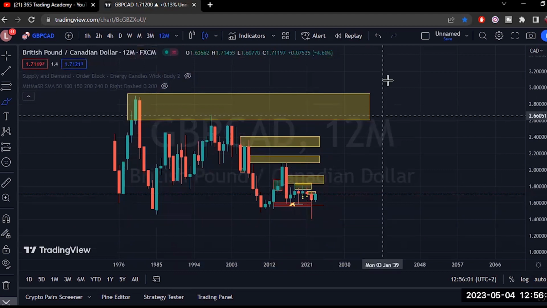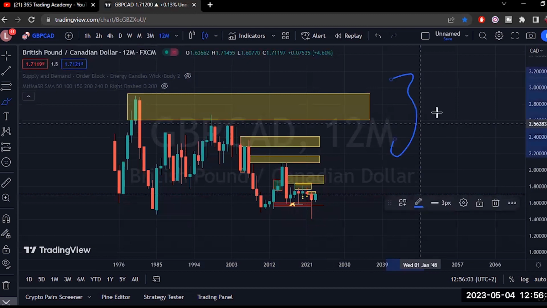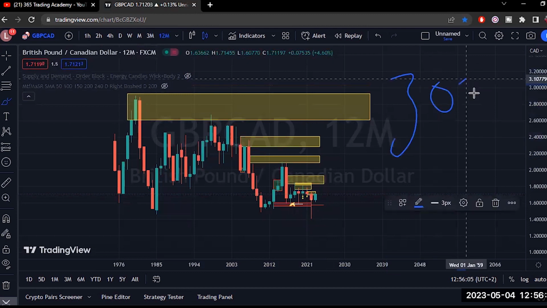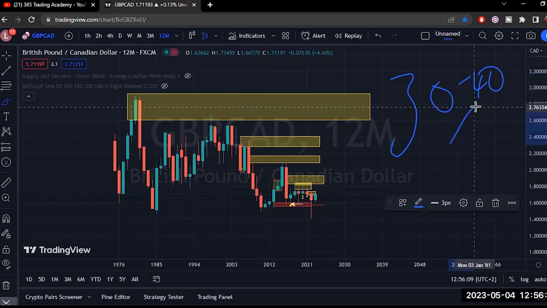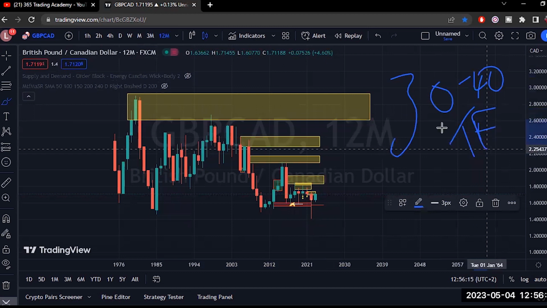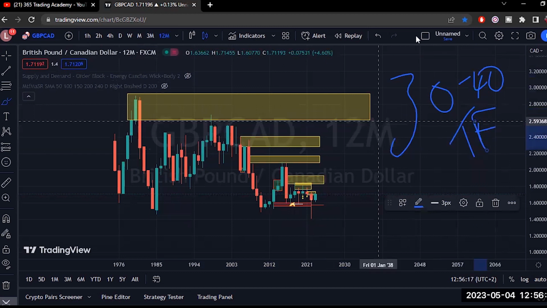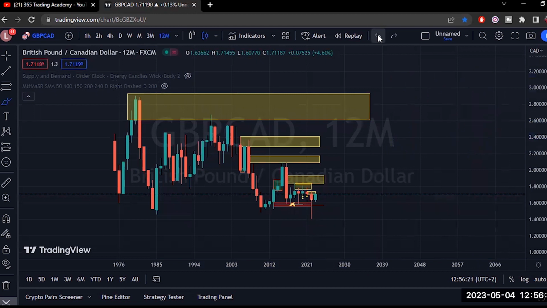Remember, markets in general, by the way, only trend about 30 to 40%. Look it up if you think I'm lying. Most of the time, there's a lot of sideways movement, and it also depends on the time frame. Depending on which time frame you're highly susceptible to, which time frame you're looking at, you will see this. But on higher time frames, you will see a lot of consolidation forms, PCP areas being formed, etc. And this takes time. You're looking at 1, 2, 3, 4, 5, 6, about 6 years, right? This is a 12-month chart.